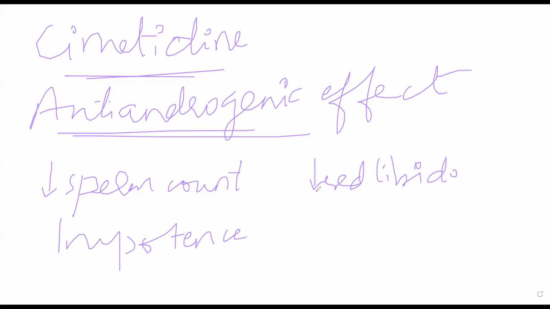ठीक है. Other than that, cimetidine can cause confusion, delirium, some neurological effects होते हैं because it can cross the BBB. Especially in elderly people, it can cause confusion, delirium, and hallucinations as well. Okay, that is why generally cimetidine is not preferred as much. It can cause rashes as well. Technically, rashes are very common with all H2 blockers. Okay, they have the potential of causing rashes in almost everyone. That is why ranitidine is a better alternative when compared to cimetidine.